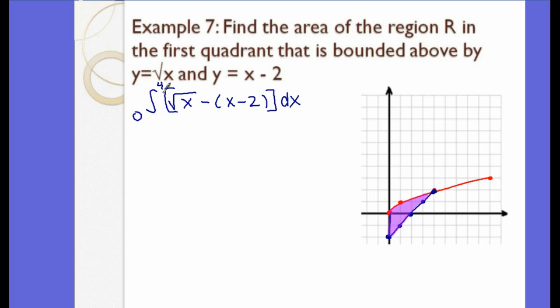Why would that create a problem? What's happening here? It's a negative. So you just have to be careful when you're setting it up, because you'll have to account for that little bit of negative that happens. What do we do to account for it? The fact that the blue curve, so when you do area under a curve, it's from the curve to the x-axis. So since this is below the x-axis,